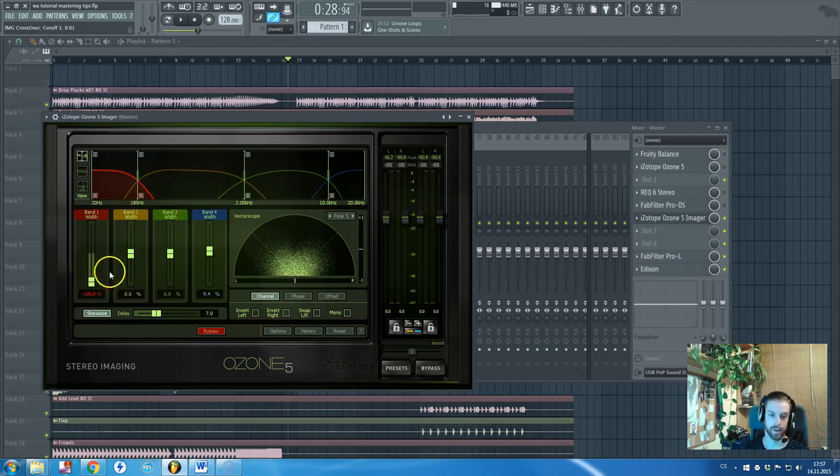I really advise to just put it on your master channel and leave it there in all types of projects, because it won't damage the sound. It will just make it clearer, and even though you are not hearing it immediately, it can make a big difference in, for example, clubs, or in some bigger audio